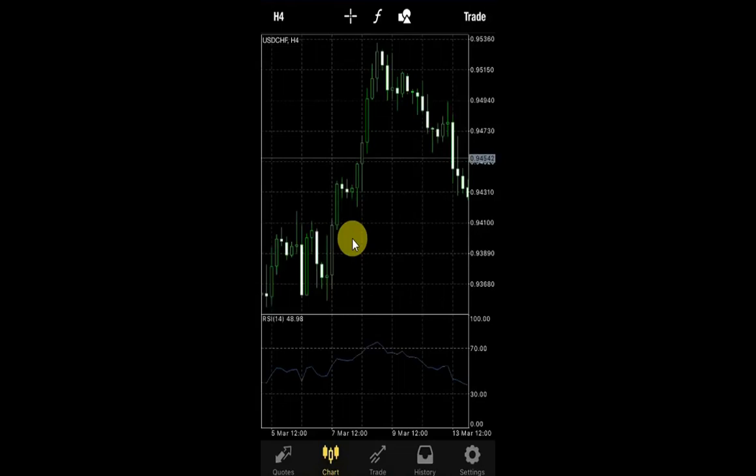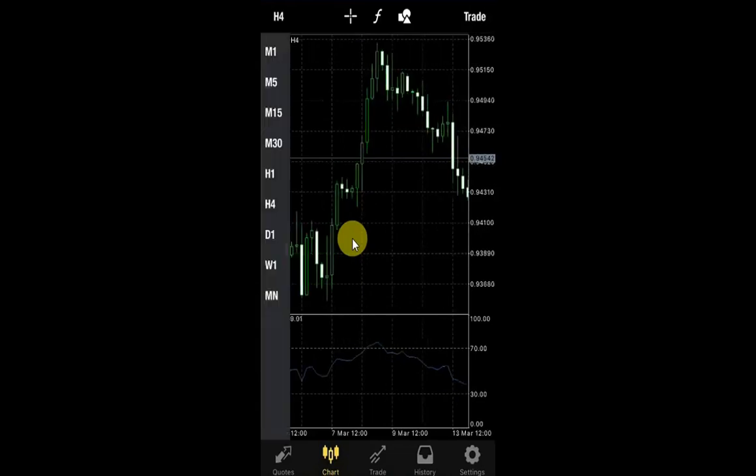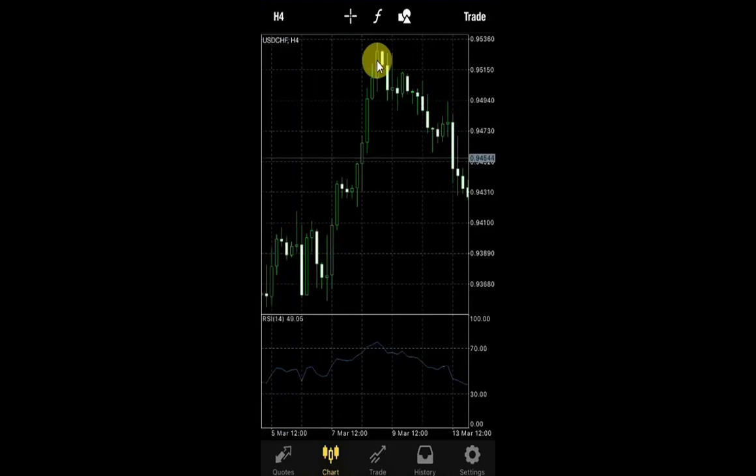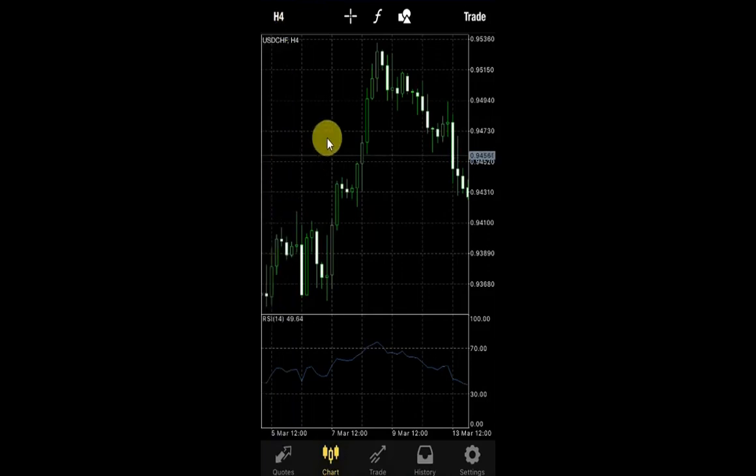So you have quotes, you have charts. You can check the chart. This is the USD CHF chart. You can change from hours to minutes. So this is 4 hours. You can change from 4 hours to 1 minute, 5 minutes, 15 minutes, 30 minutes, 1 hour, as you like. You can toggle by moving around,